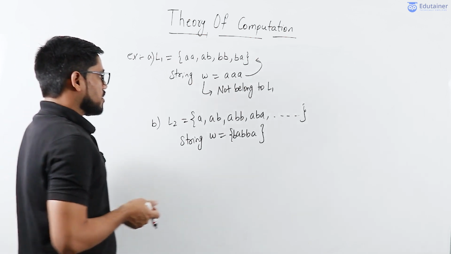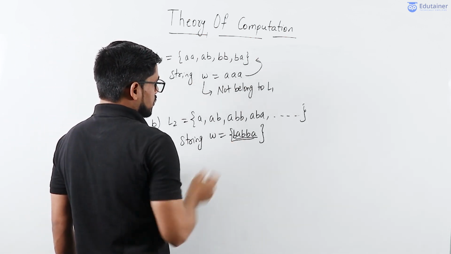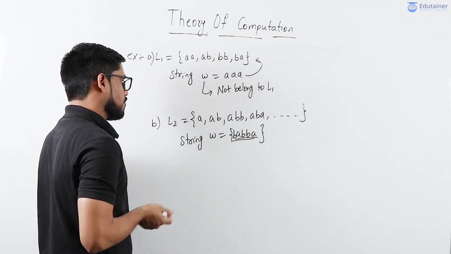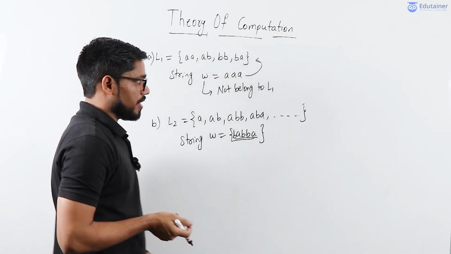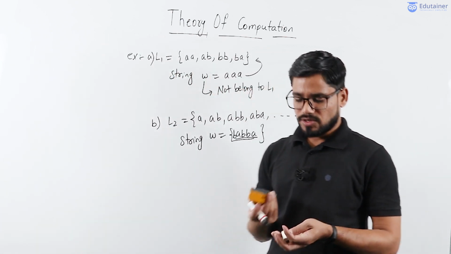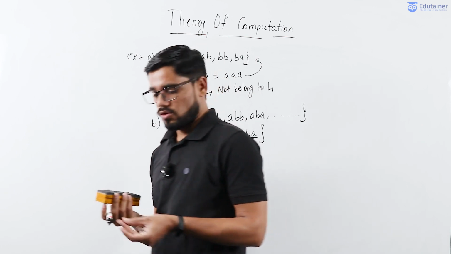You cannot easily say whether this particular string belongs to the language or not. So for such a problem, if the language is infinite and I give some strings and ask you whether this particular string belongs to the language or not,